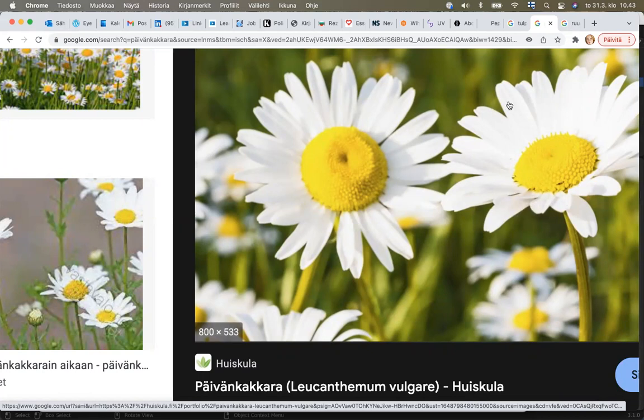Also, limittäin. What's that word in English? Like on top of each other. That's not quite the same as limittäin. Anyway,